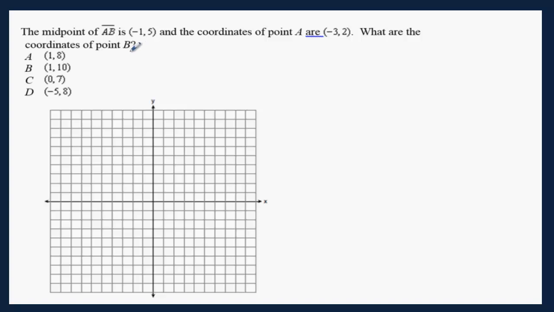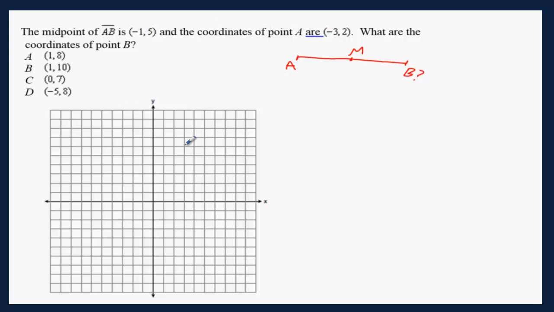What you are looking for here is, let's just sketch something here. This is a line segment. This is the midpoint of AB, the midpoint here, (-1, 5). You have A. You are looking for B. Let's put these two